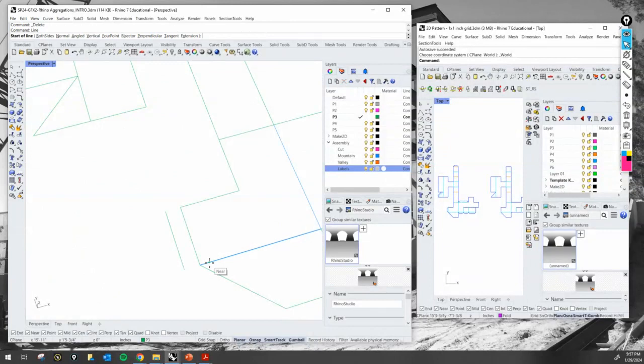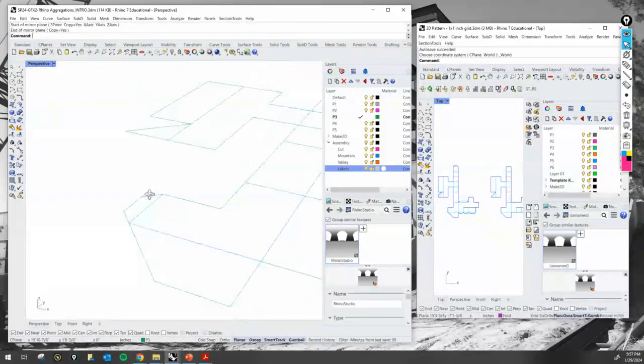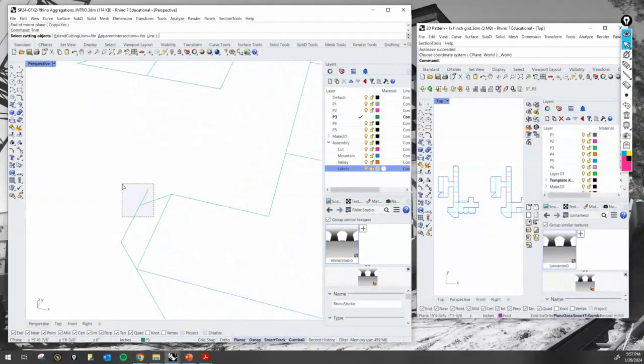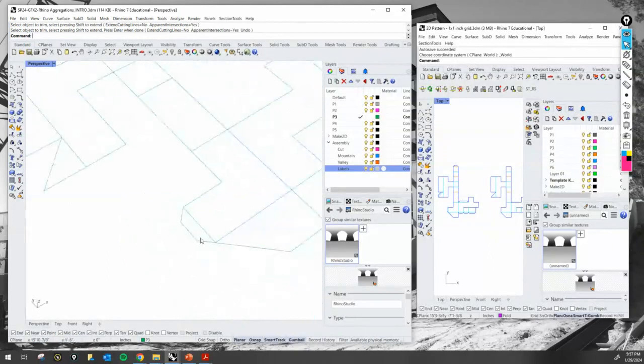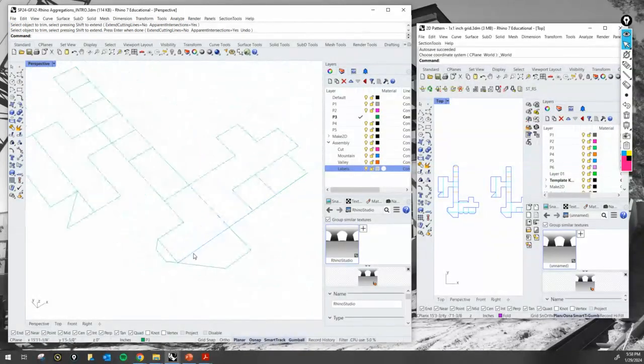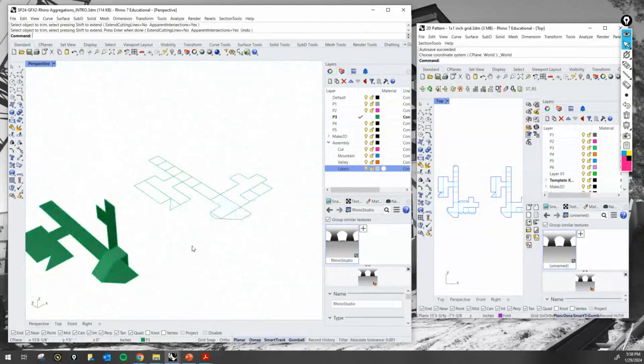I'll repeat that, right? So if I type line, you can click there and then bring that smart guide right here, but then go to the opposite side and then click right there on the intersection. I can then type trim, select this right here, trim that out, type mirror, right? Select this right here, enter, go to my midpoint, hold shift and mirror that right there. Then I can trim this right here, trim that there, and bam. Okay. Now I got a tab